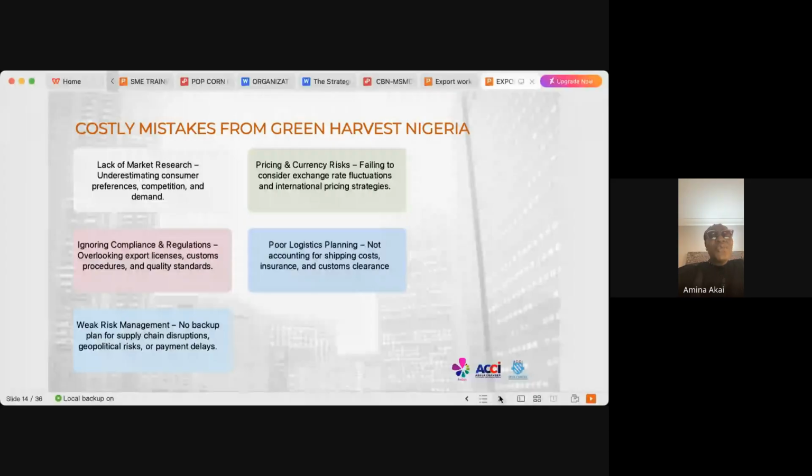When you account for shipping costs, insurance, and customs clearance, when you look at logistics from farm to plate, in Nigeria it's really tight because our roads are not good. Our trucks, you have to know how to pack products, especially agro products. How do you even harvest it? That's why a lot of our Nigerian yam